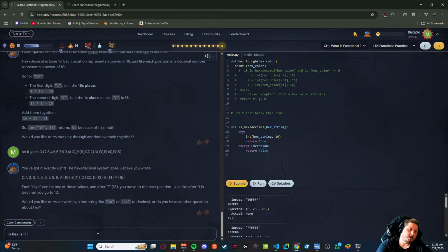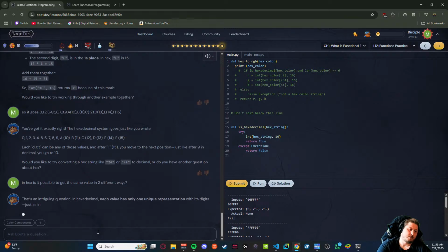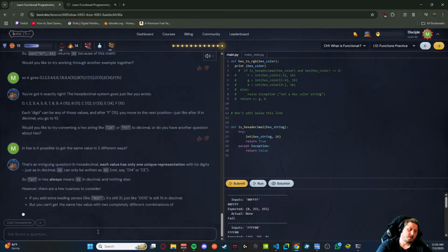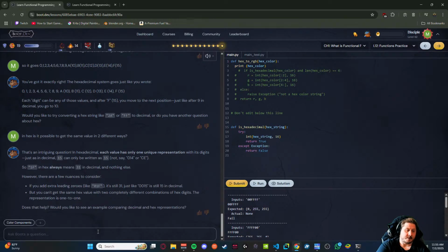In hex, is it possible to get the same value in two different ways? Each value has only one unique representation with its digits, just as in decimal. 15 can only be written as 15, not, say, 014 or CE.